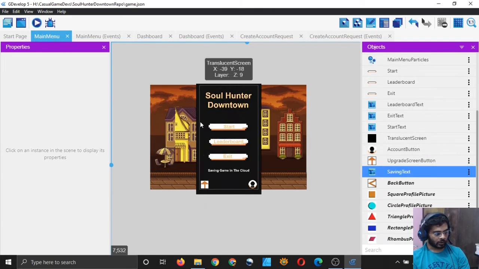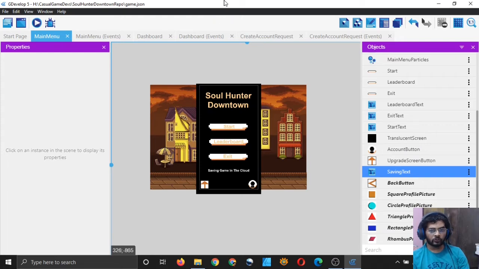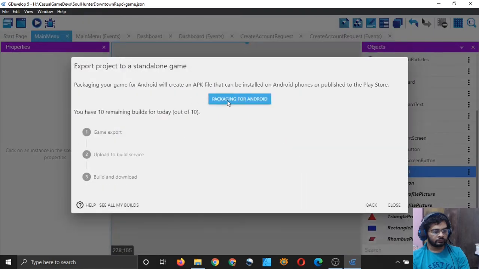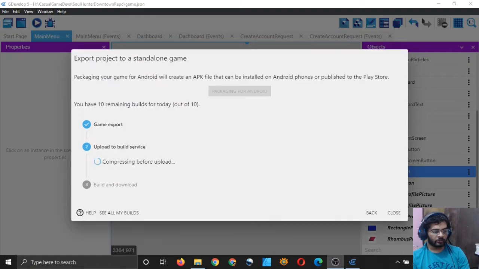Okay, now I will publish the game to my Android phone, and I will play it on my phone and see how well it works. I will put the feed on the video so that you can also see, and we will see if we have any bugs in the game or not. So let me do that. So it is going to package. Now I will pause the recording, and when it has packaged and I have put it on my phone, then I will resume it.